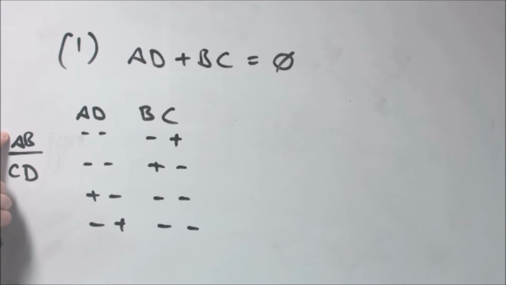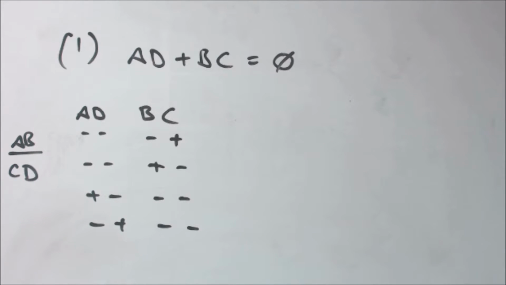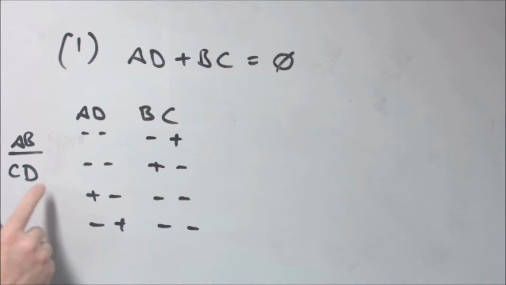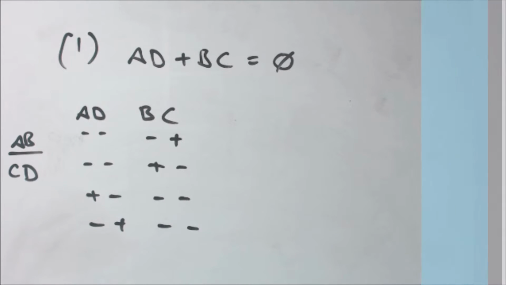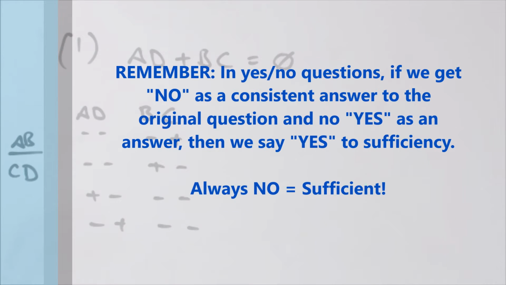So A positive, B negative gives us a negative numerator. C and D for this particular case are both negative, so a positive denominator. Next one, A being negative, B being negative gives us a positive numerator, and then C being negative and D being positive gives us a negative denominator. So in terms of